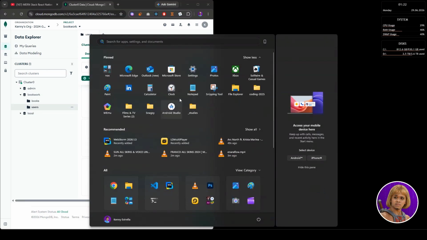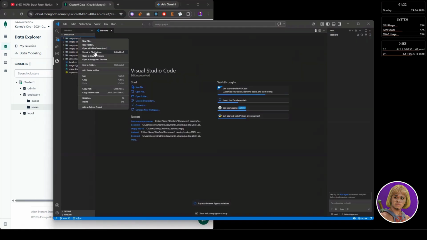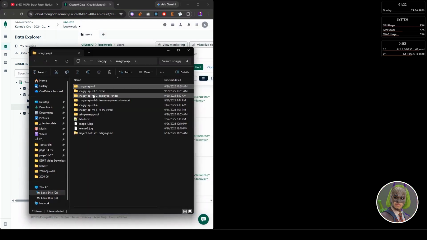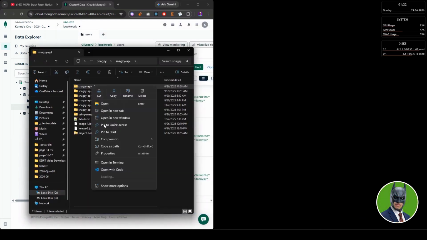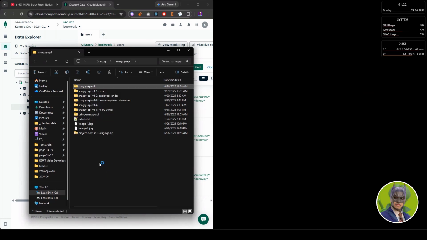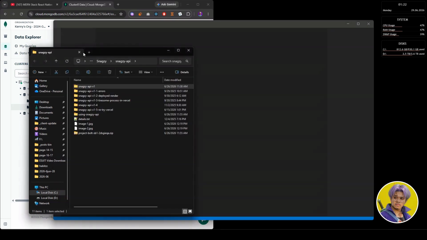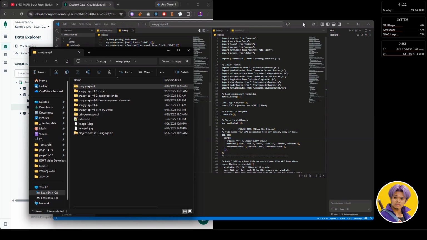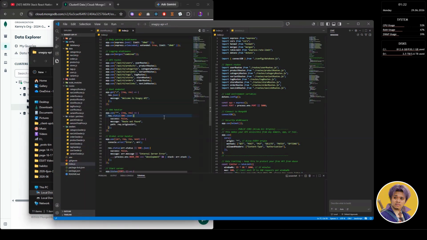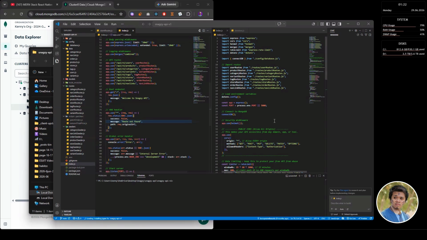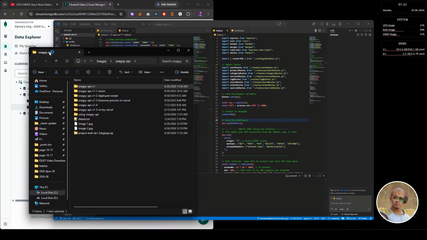It got me hooked. I'm opening this old project of mine, the Snagsy API v1 folder, which is part of my capstone project. This capstone project is a multi-store e-commerce dashboard with a front-facing website that will display products and show users and stores, as well as a dedicated dashboard for each user and store owner.